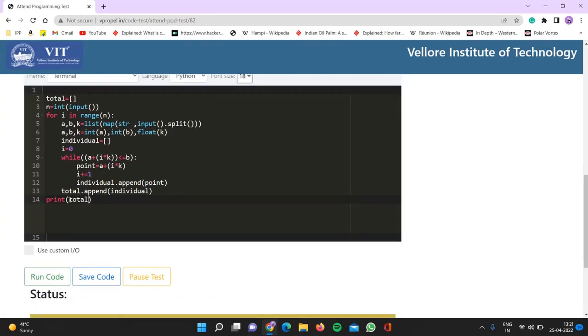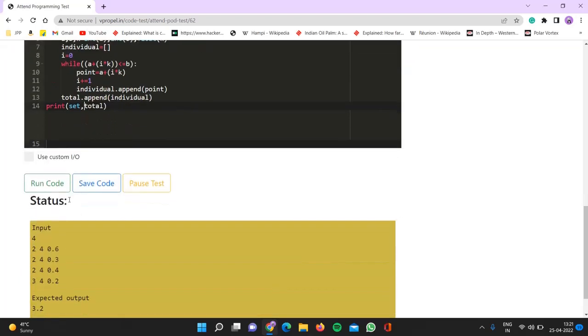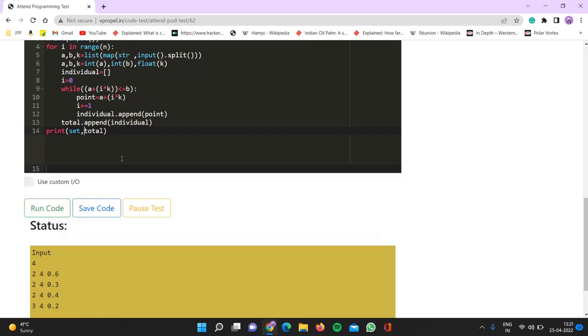So inside this nested list total, find the set. That is, first of all map out all these individual elements. First of all, remove all those repeating elements from this list. Find the set, then map out all the elements individually, and then find